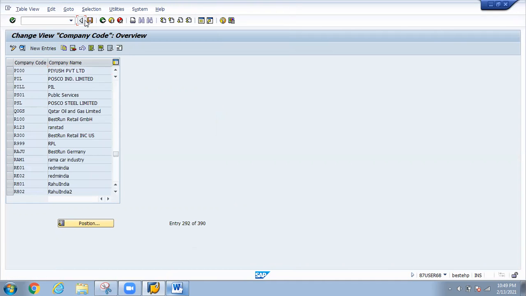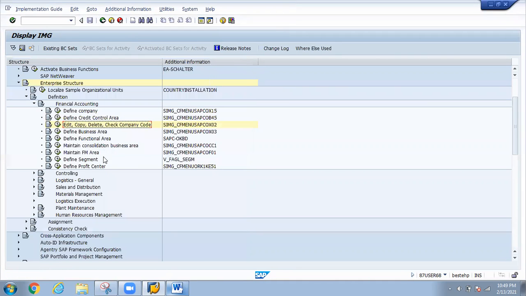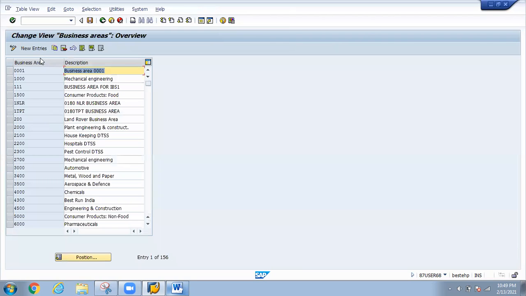Now the next step is to define the business area. What is the business area of your company? The T code for business area is OX03. Maybe the business of your company is import export, logistics, automobiles, manufacturing, pharmaceutical, and many more. So like in our scenario, just click here. Our company is going to be for manufacturing of cars.